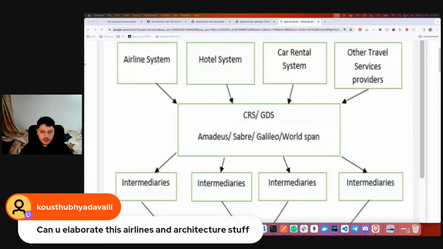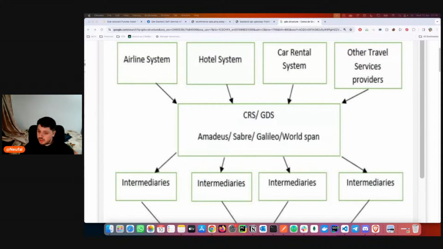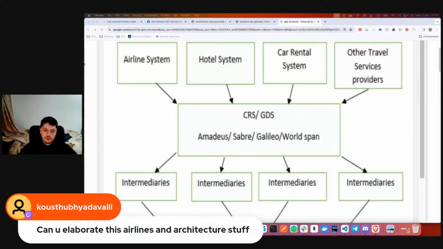Can you elaborate this airline and architecture stuff? Okay, let's go with this one. Basically, airlines have different fares, so they can sell them on their websites. For example, American Airlines or Qatar Airways have their information, like the available seats, the flights, the flight numbers, the prices, and they sell it on their website.